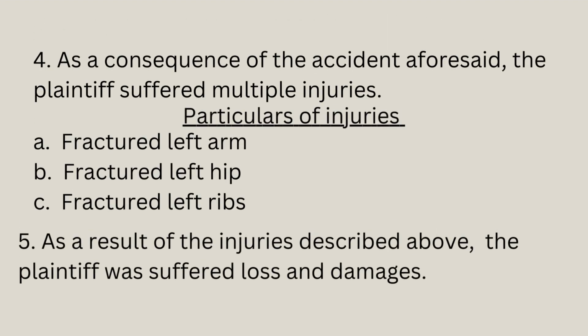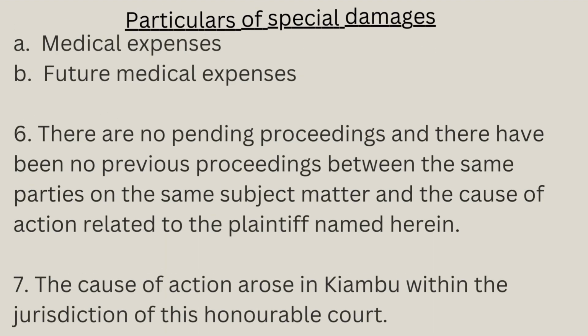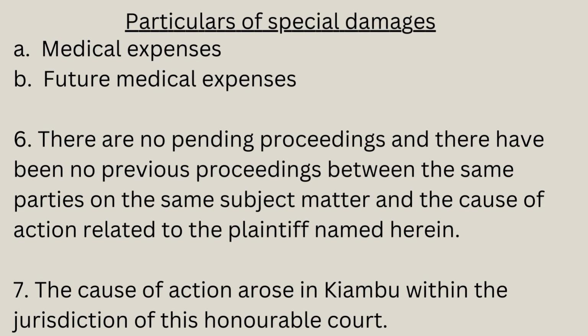Then paragraph 4. As a consequence of the accident aforesaid, the plaintiff suffered multiple injuries. Then you'll give the particulars of the injuries: a fractured left arm, fractured left hip, fractured left ribs. As a result of the injuries described above, the plaintiff suffered loss and damages. Then, because you're supposed to show which damages you suffered, you shall provide the particulars of special damages, which are the medical expenses and future medical expenses, and you should have receipts for this medical expense